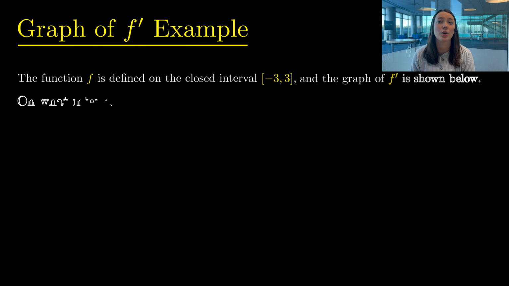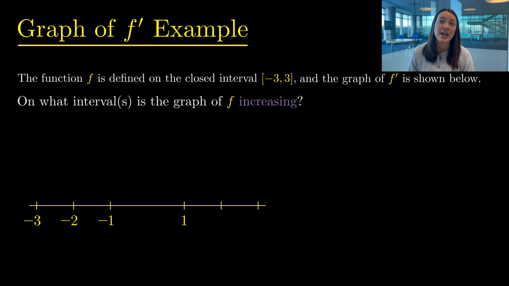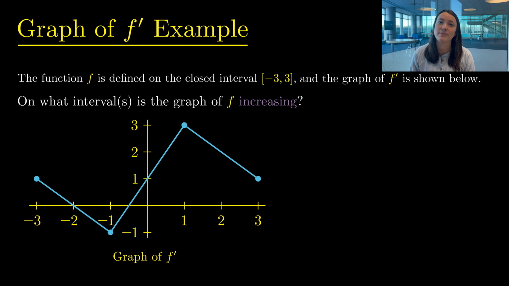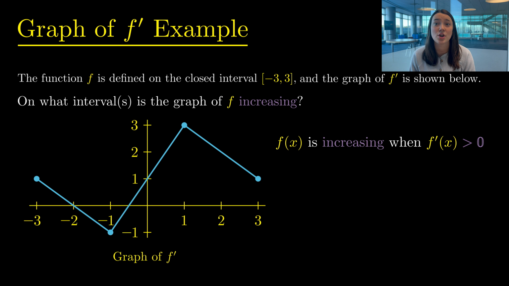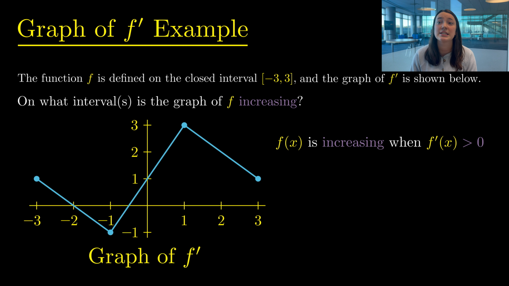For our first example, using our given graph of f prime, we are going to try to determine where our graph of f is increasing. If you're unfamiliar with this type of question, it's a bit counterintuitive. The question asks where f is increasing, but we won't actually be looking for any increasing portion of our given graph. Instead, because f is increasing when f prime is positive, while our question is about f and where its graph is increasing, we are going to focus on the latter part of this rule, since we are given a